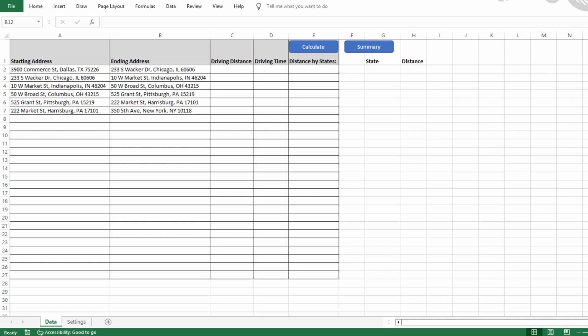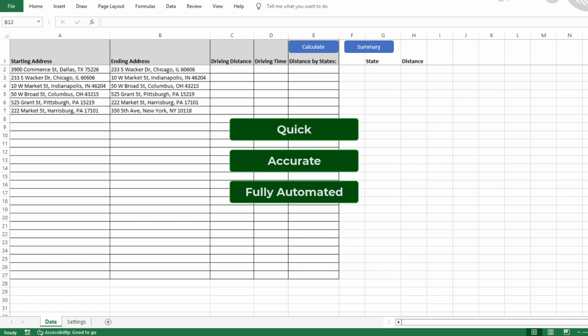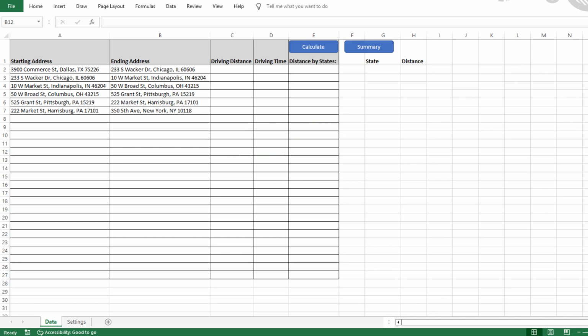And that all changed for this company when they started to use our IFTA mileage calculator. Now, calculating mileage by state is a quick, accurate, and fully automated process, all inside Excel. And I'm going to show you really quick how they use it and how you're able to use the IFTA mileage tracker